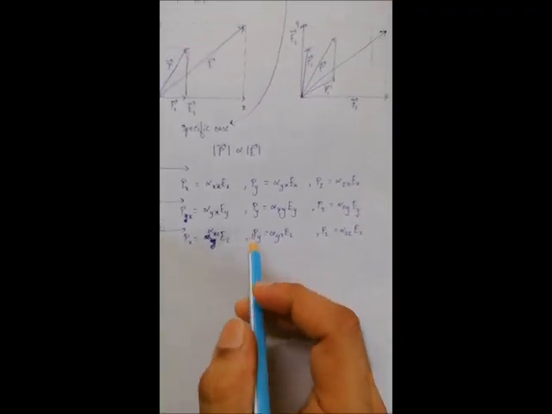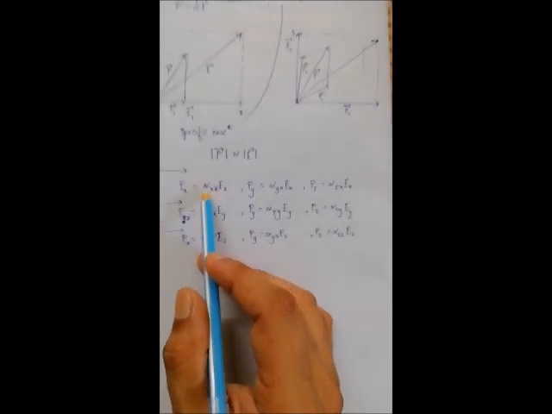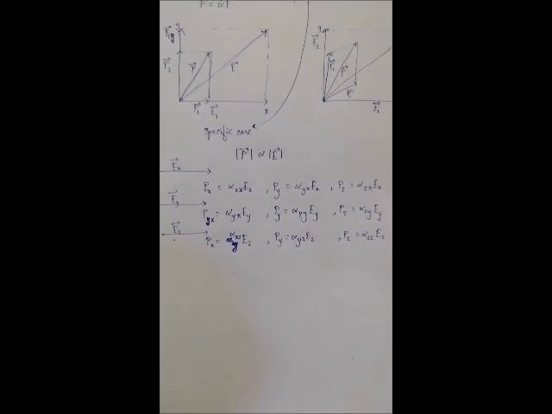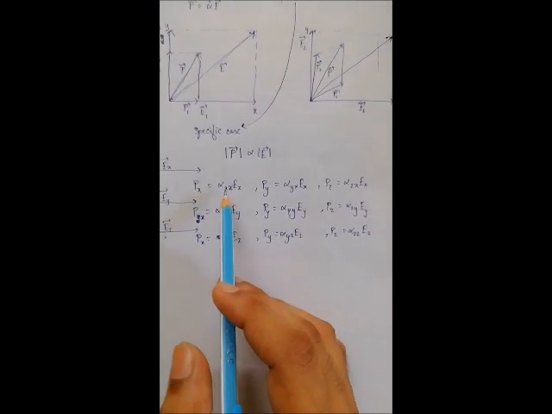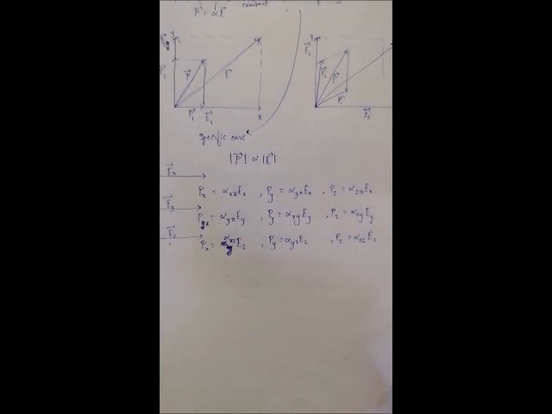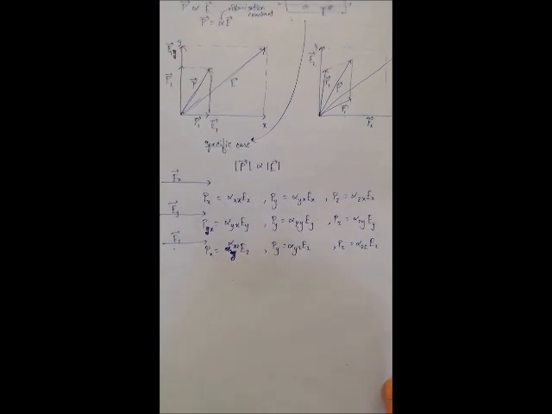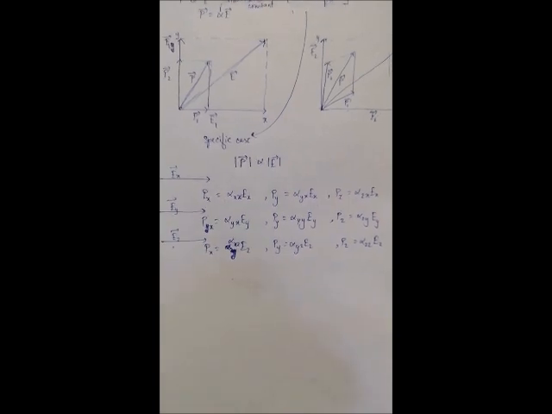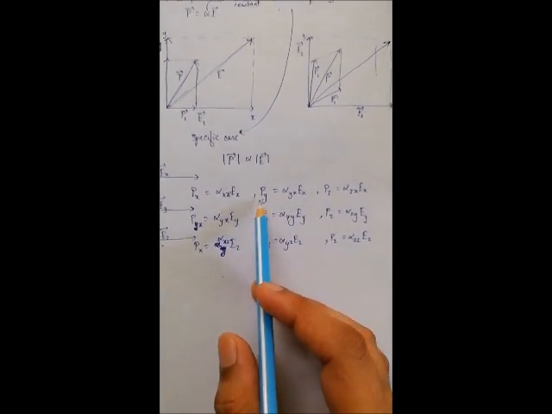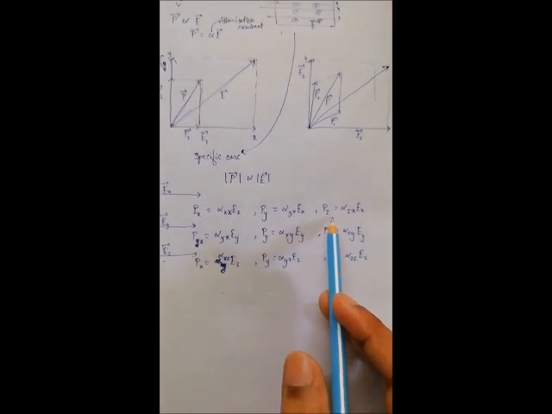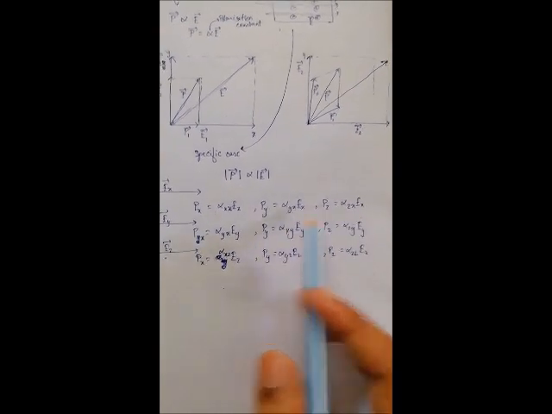So I'll again repeat this notation. This alpha is the constant of polarization along any direction, where alpha xx denotes that constant of polarization for electric field applied along x, meaning how much the dipole moment is induced for the electric field applied along x direction. Here, how much dipole is induced along y if the electric field is applied along x direction, and here how much the dipole moment is induced along z if the electric field is applied along x. Same is for the other cases.